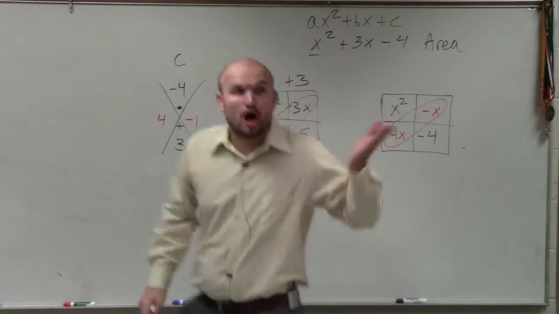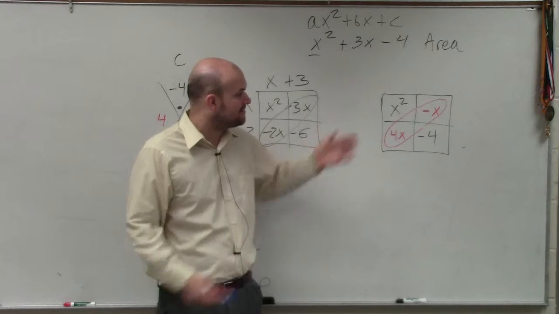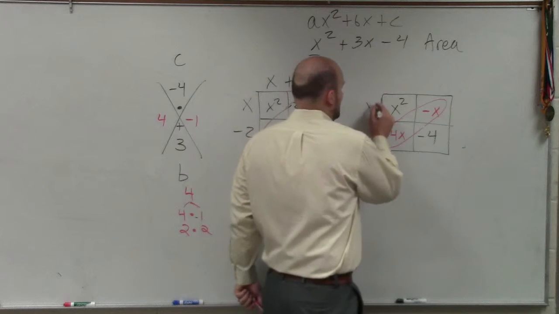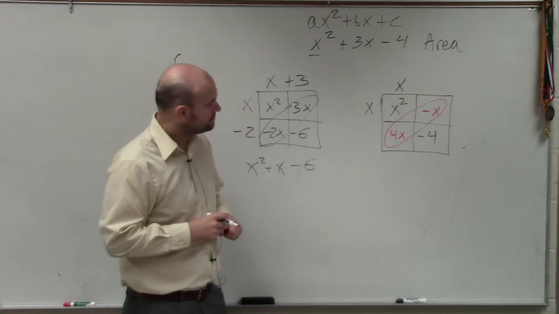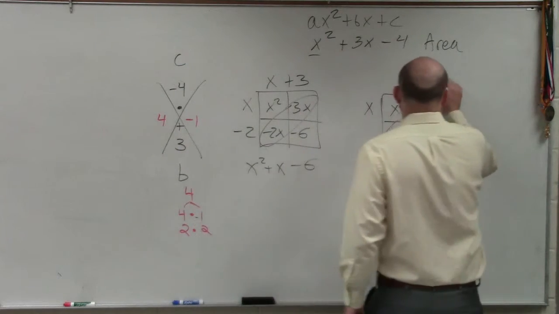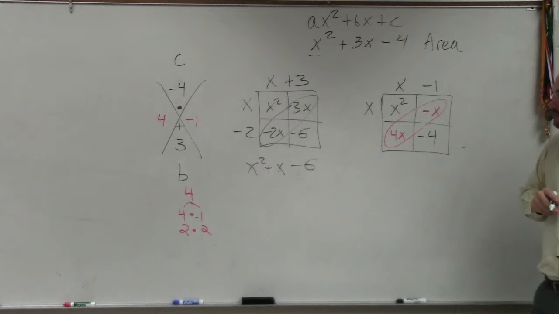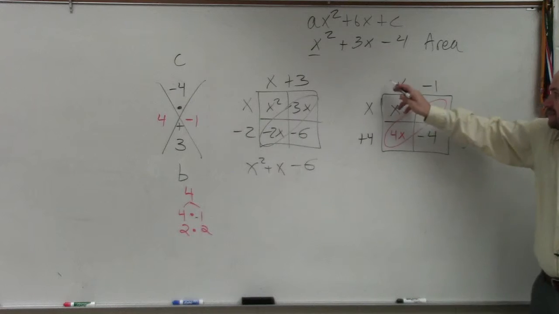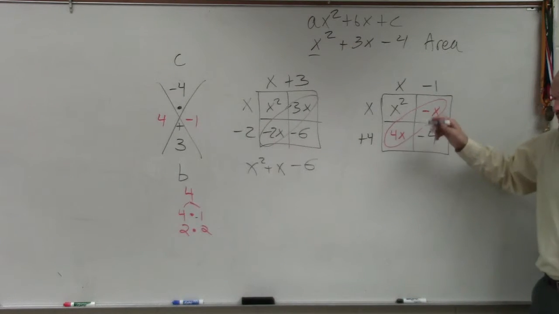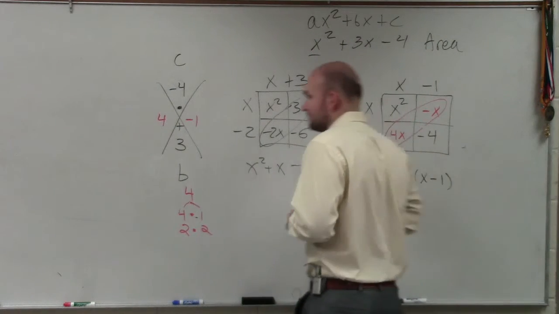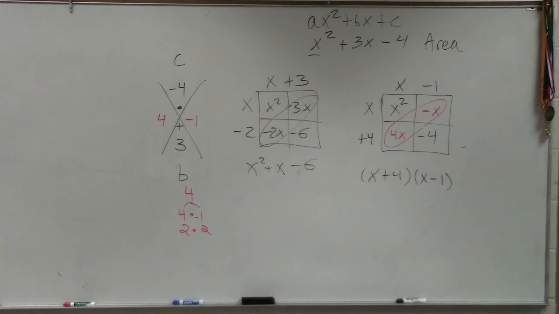Now, for the factoring part, all you're simply doing is finding the side lengths of each box. So x squared, to give our length times width to give us x squared, is going to be x times x. So x times what gives us negative x? Negative 1. x times what gives us a positive 4x? Positive 4. So that means this side length times that side length gives us the whole area. So therefore, I can represent that as x plus 4 times x minus 1. So even if you understand factoring,